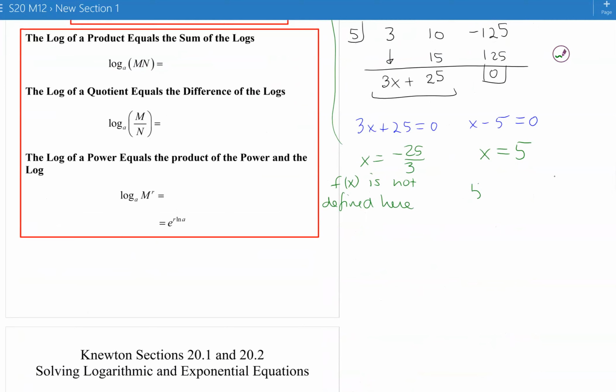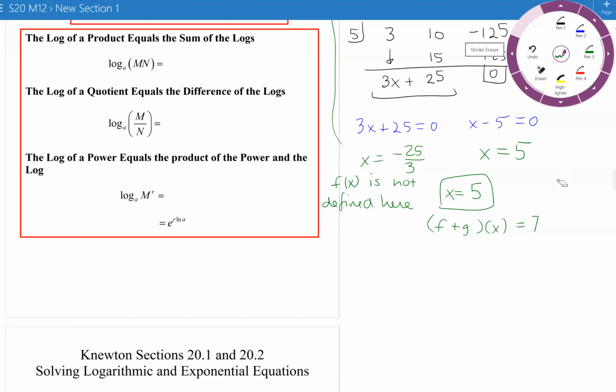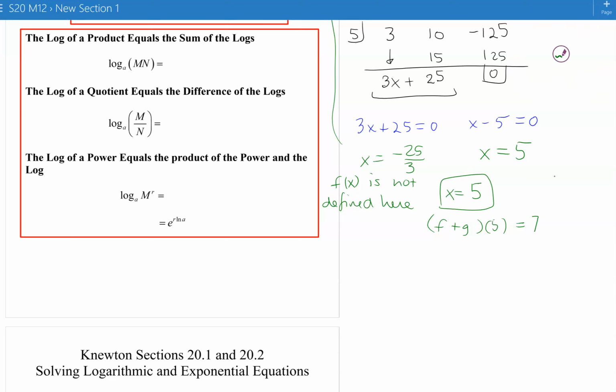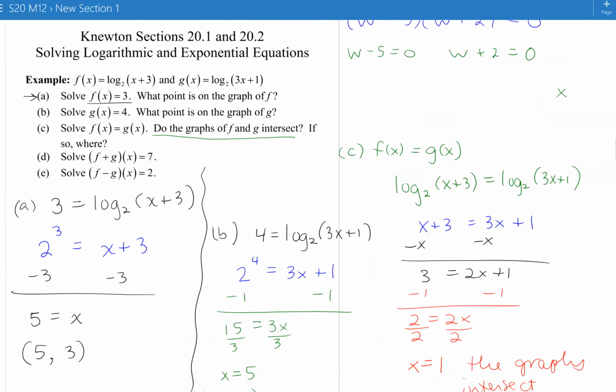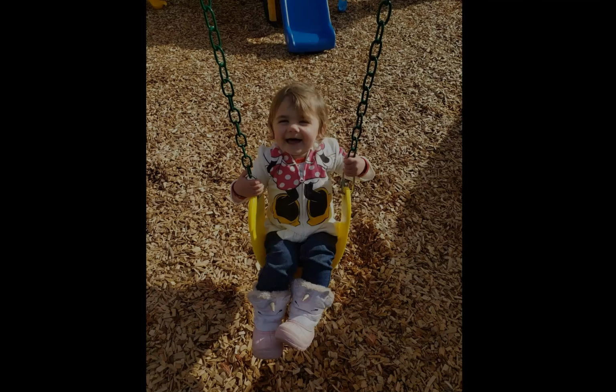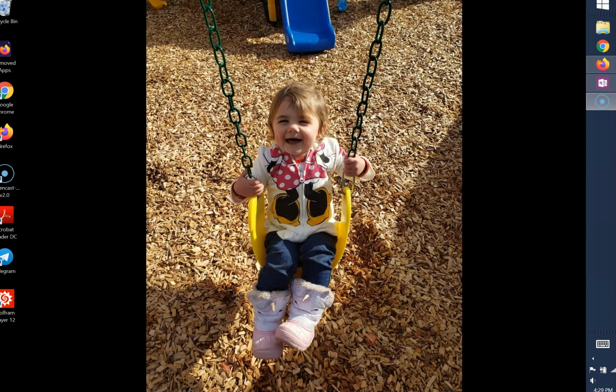So when x is 5, that's when f plus g of x equals 7. So you would say (f plus g) of 5 equals 7. So the point (5, 7) is on the graph of the two functions added together. Okay, and I bet you can figure out how to do the last one. So happy logarithm and exponential